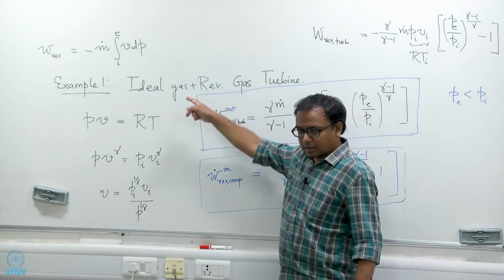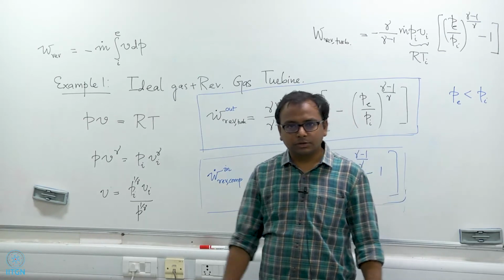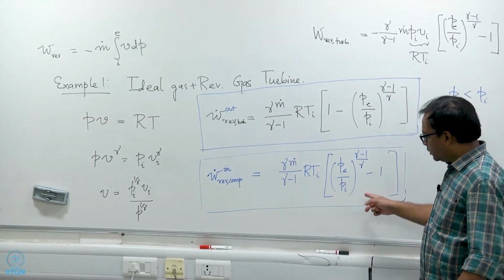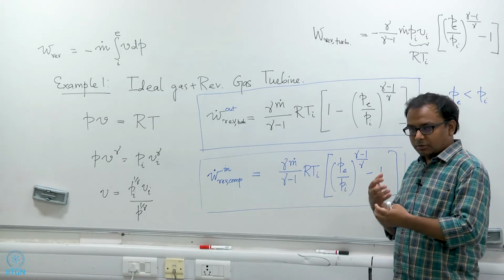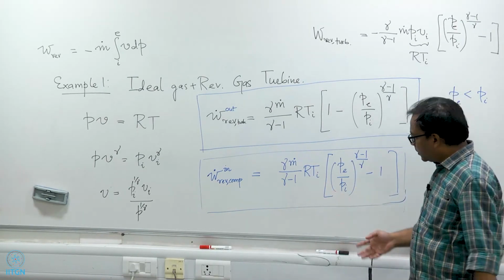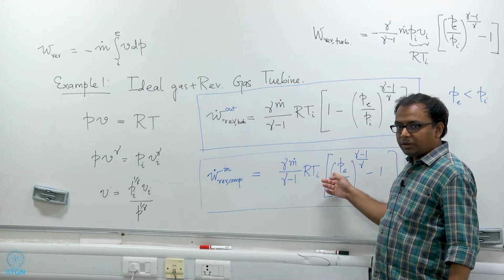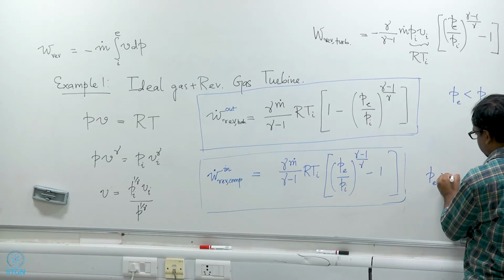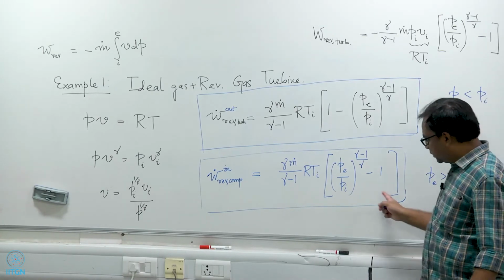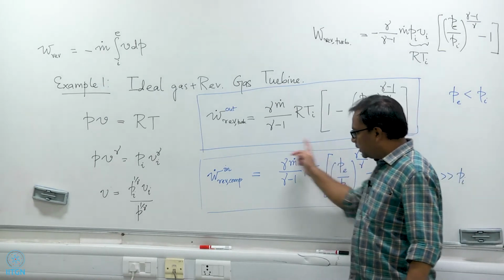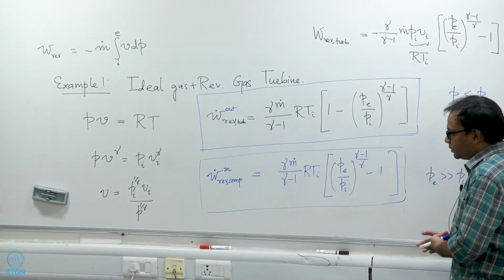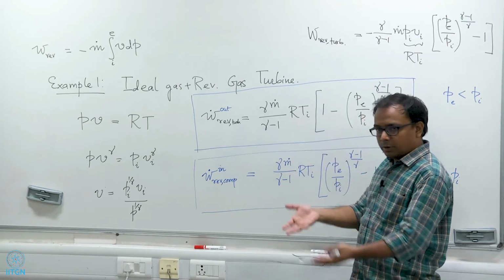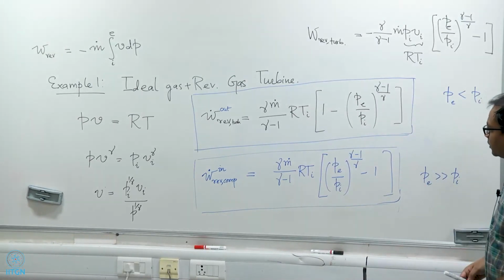The working fluid is an ideal gas which has constant specific heats, with one inlet and one outlet. So, this is the expression for work that is required to be supplied to the compressor for raising the pressure from P_I to P_E. Here you see that for a compressor P_E is much larger than P_I, which means this quantity is positive, meaning that the entire term is also positive. So, for a compressor you need to supply work into the compressor, whereas for a turbine you get work out of the turbine.